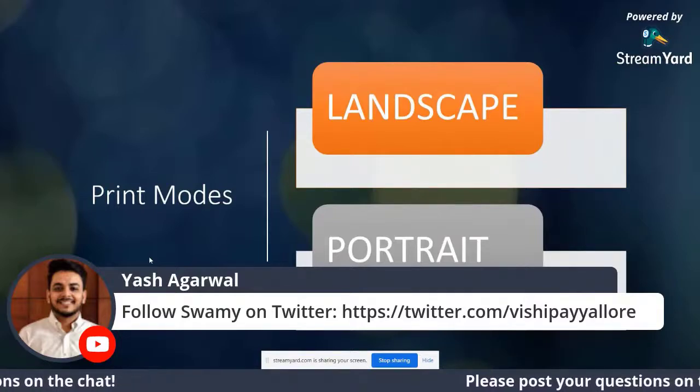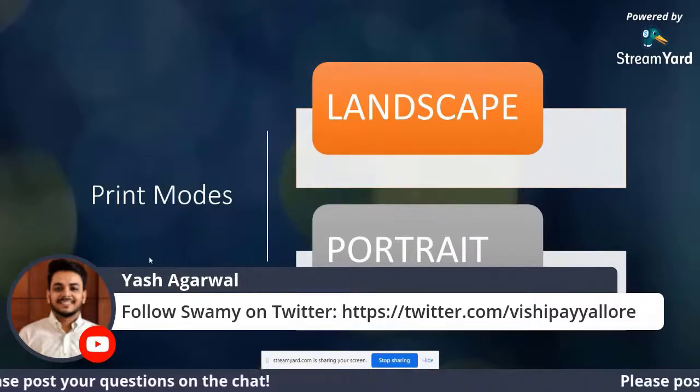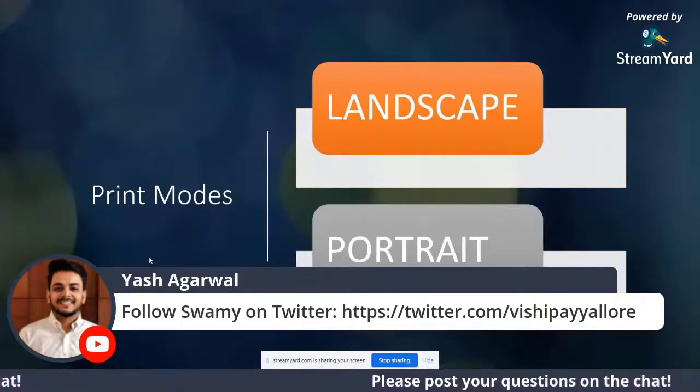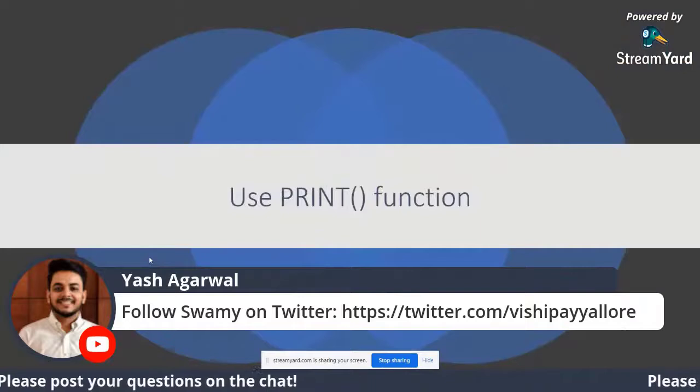Whenever you paste some controls or display some data on top of it, you can click that button and it will try to convert it into the print functionality. You can either select a printer if you have connected any to your system, or you can export it as a PDF file.